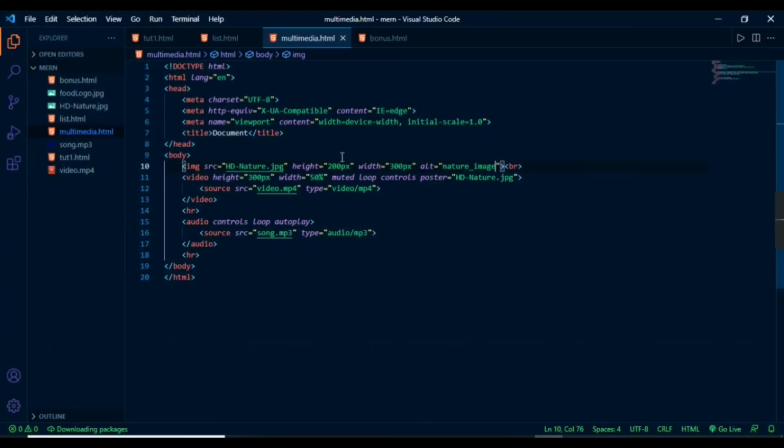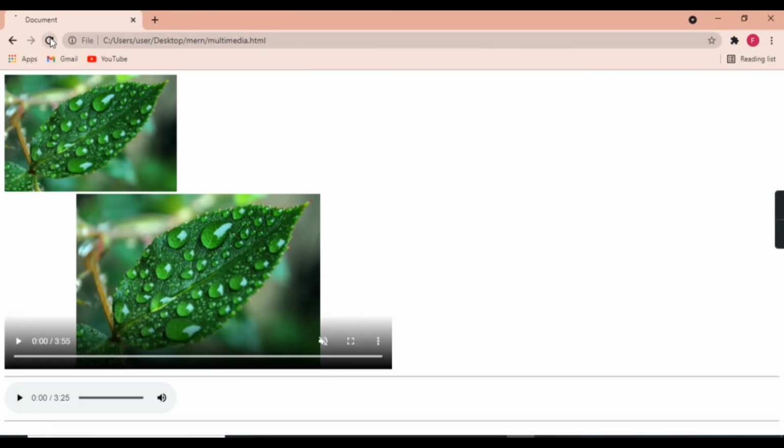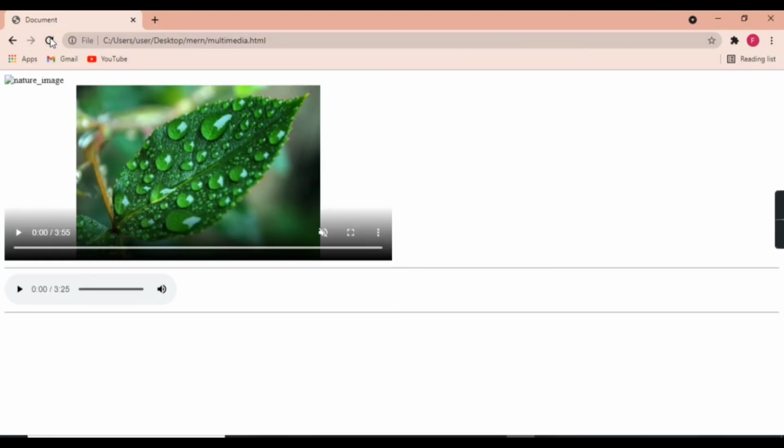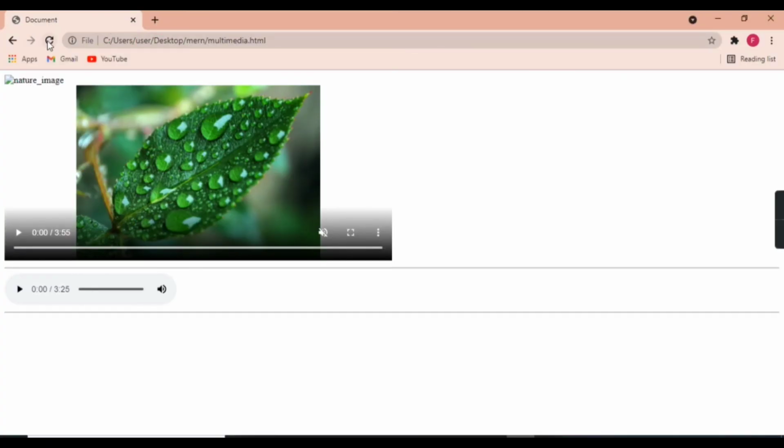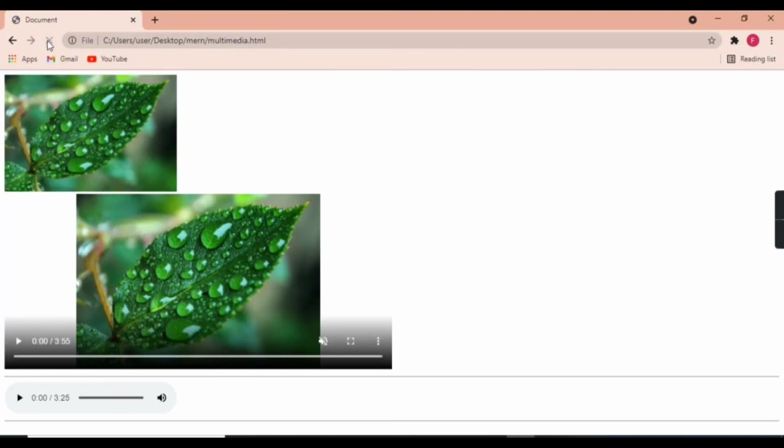Suppose I am giving a wrong image or path name here. Then save it and refresh. See, we get the text output of the alt attribute here. So if for any reason your image is not showing in the browser, then the alt text tells users what that image or picture is related to, like nature image in our case.